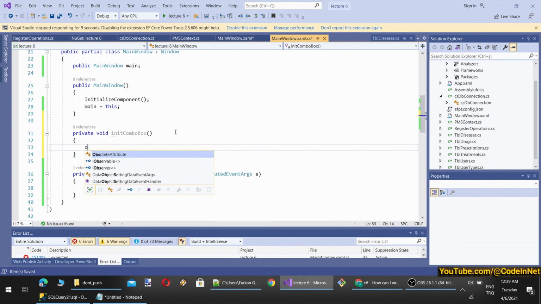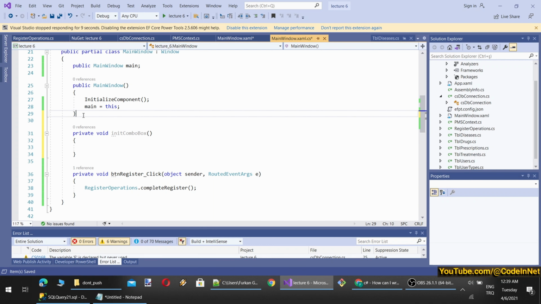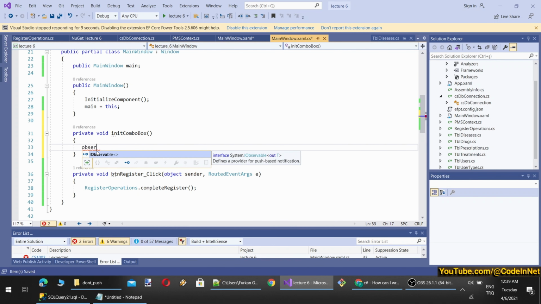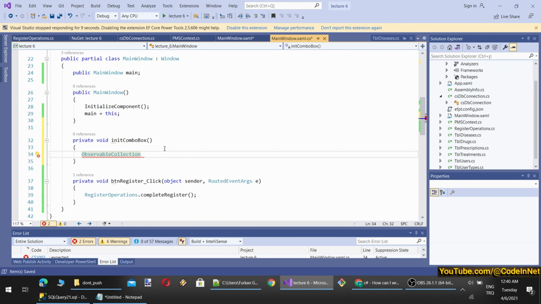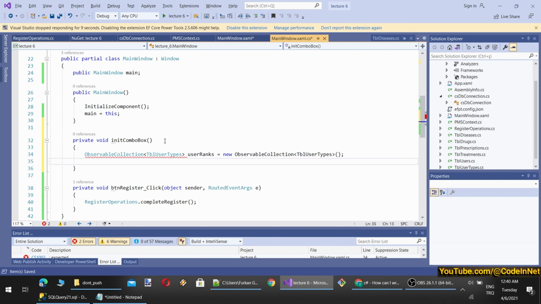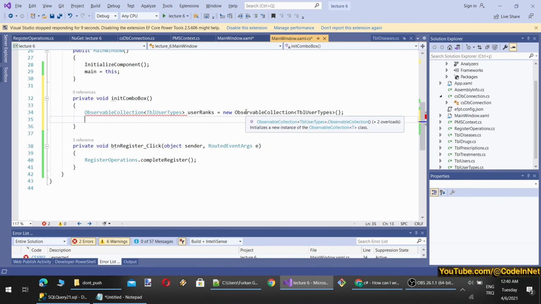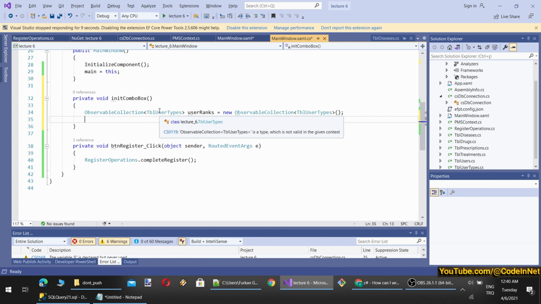So to be able to use observable collection, probably it is not available. Yeah, it has added a reference perhaps. Okay, observable collection, and it will be of type TBL user types. Here, user ranks, whatever, equal to new user types observable collection. Okay, it is given, which is okay. Now it is working. Then we will use our entity framework.